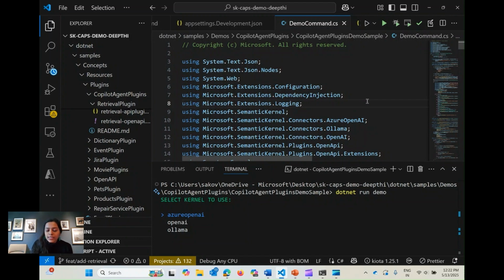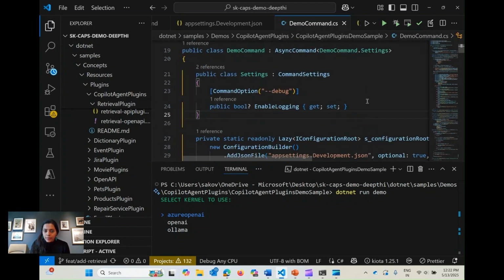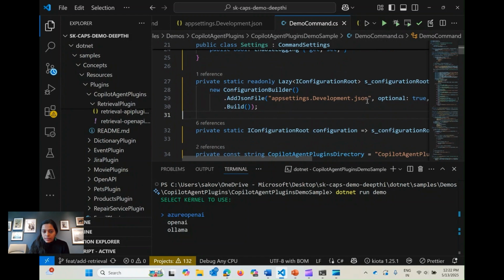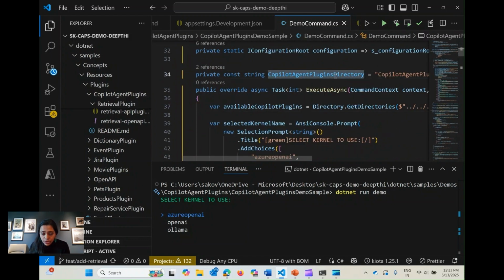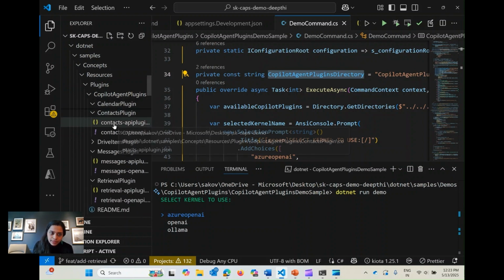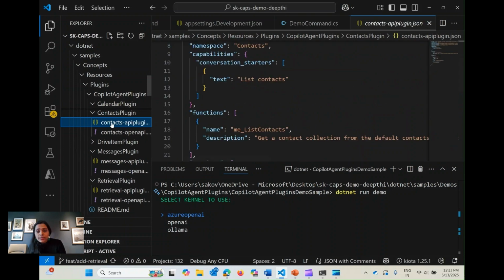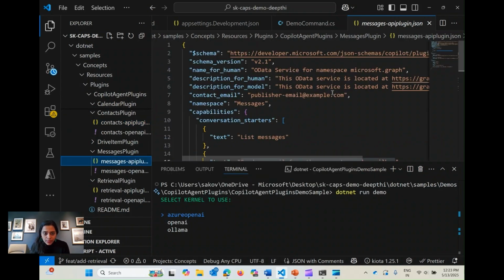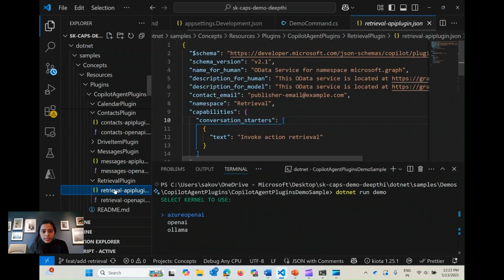And so here I have a semantic kernel agent, and it has a bunch of API plugins available to it that are present in a specific directory. And I will show you quickly what these plugins look like. So I have here several plugins, like for example the contacts plugin. This is nothing but the get contacts endpoint if you've used Microsoft Graph APIs. Similarly, there is a messages endpoint which is going to send email, and similarly there is one for retrieval which is going to retrieve relevant M365 data.